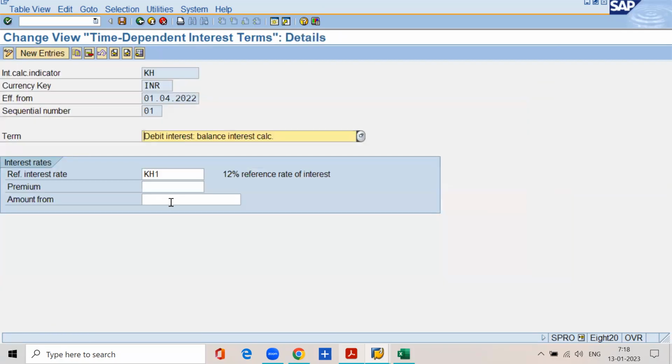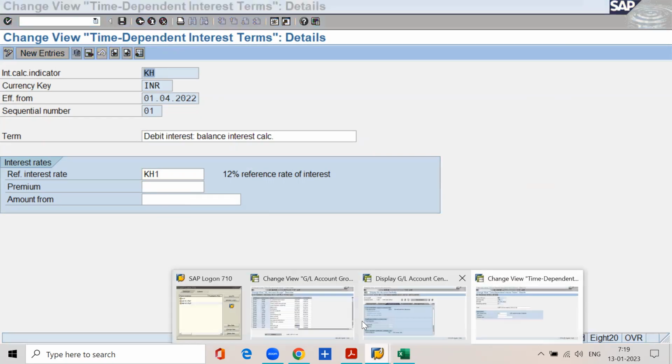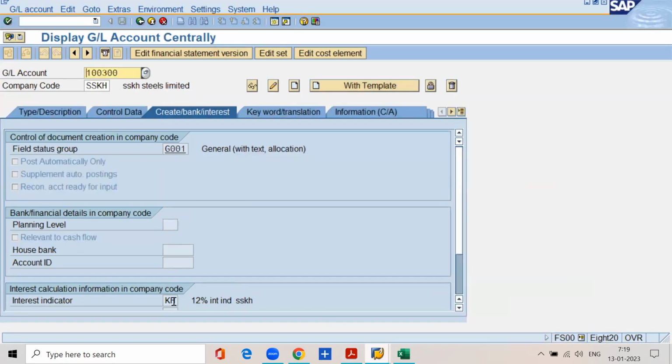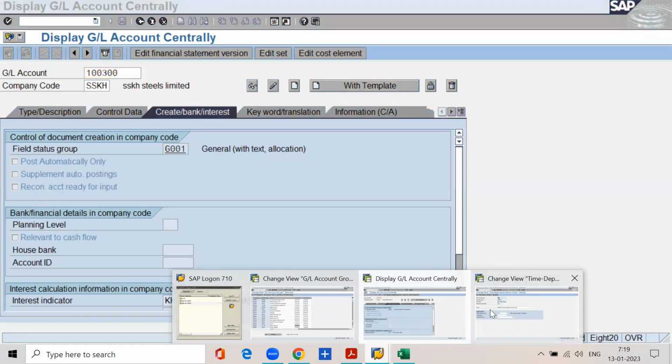See, already we assigned 12% to the reference rate of interest KH1, right? This KH1 was linked to debit interest, balance interest calculation. Debit interest means interest on credit items, right? This link was provided under the interest calculation indicator KH. So the KH was assigned in the term loan account. So on the credit items of the term loan, the system will apply 12%. Okay. Similarly,